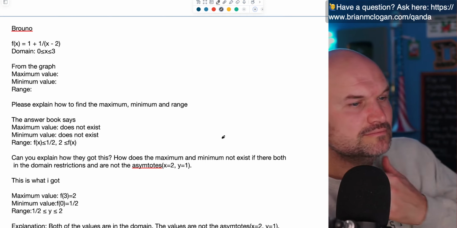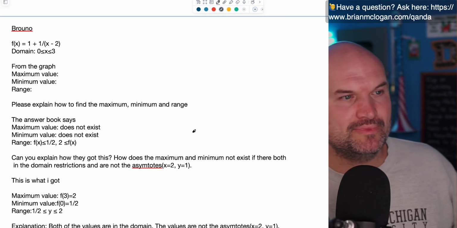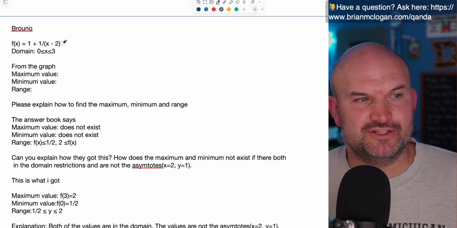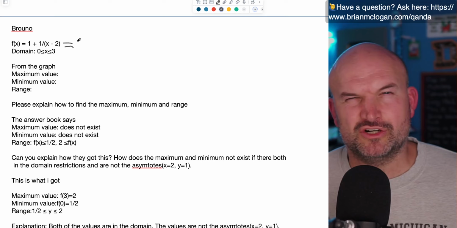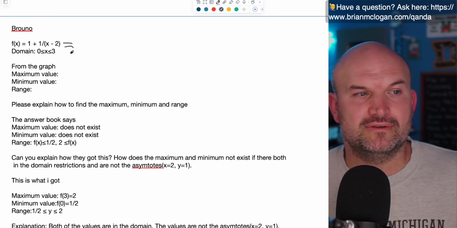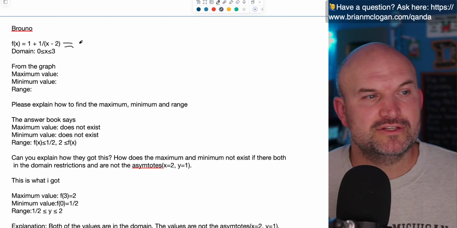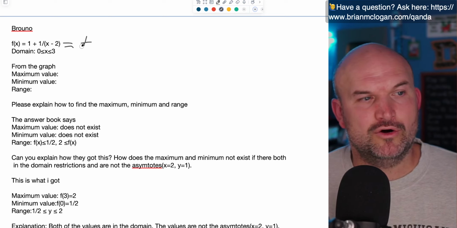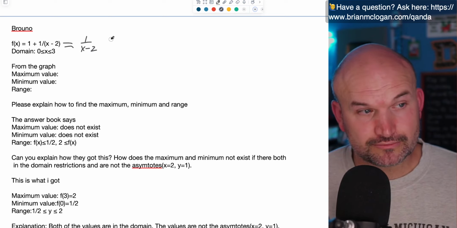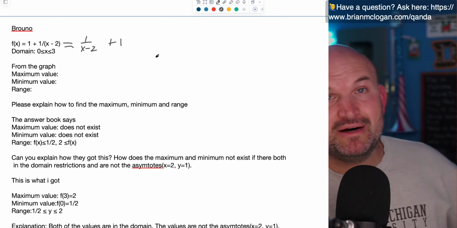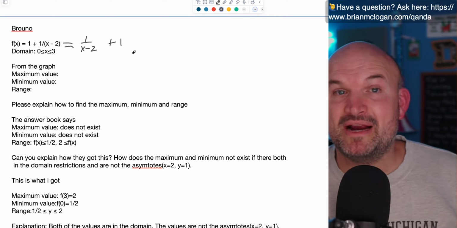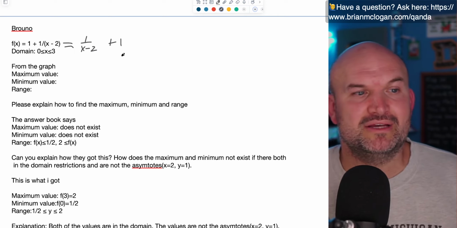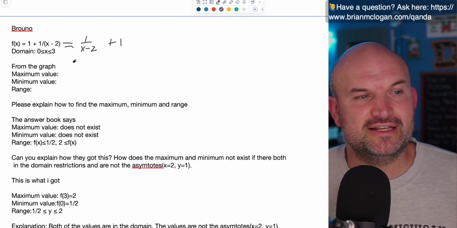Okay, so what's really important about this is you've got to know what the graph looks like, and you have to understand absolute maximum values and minimum values. So this graph, we have 1 over x minus 2 plus 1. This is where parent graphs can become so important. So if I was looking at the parent graph,